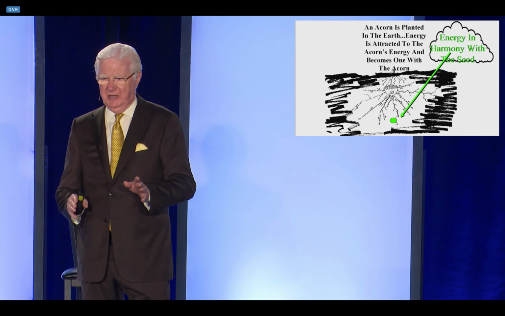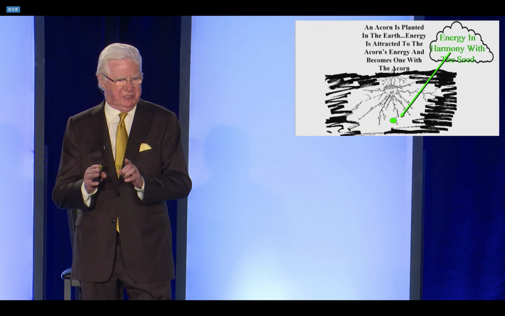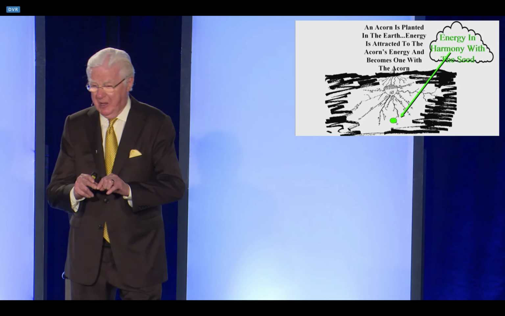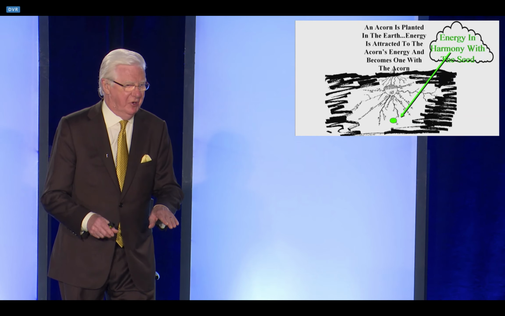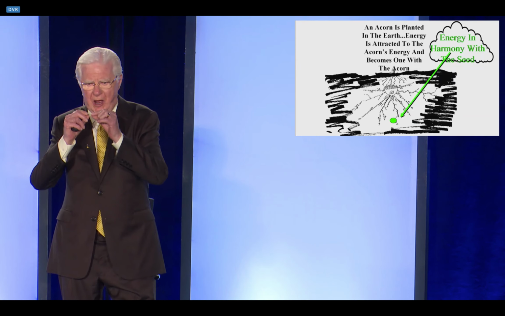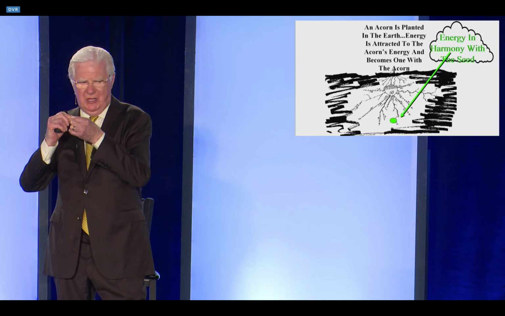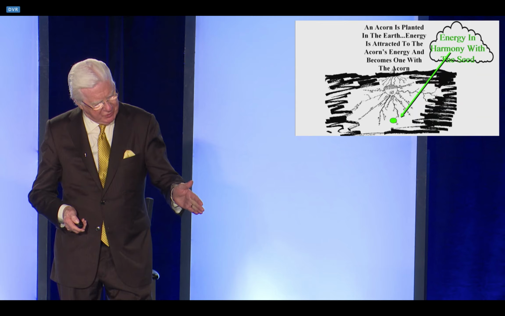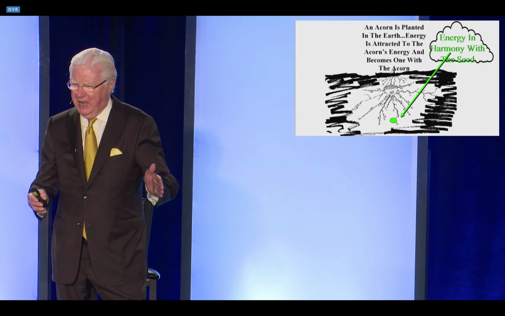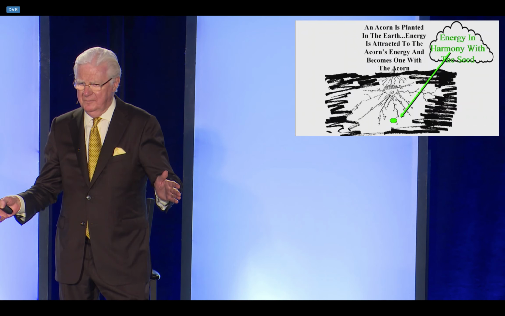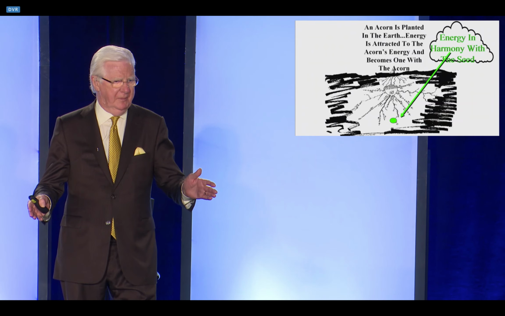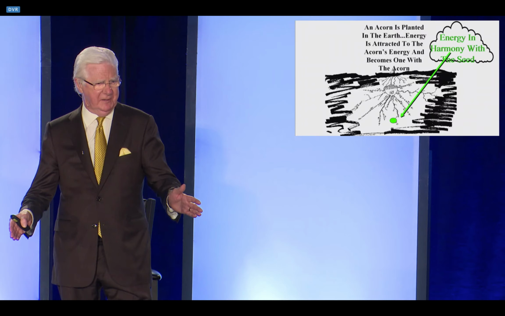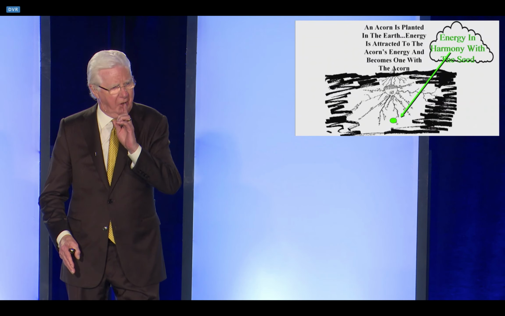You try and separate those into the same 2 little mass of molecules that you originally started with, the 2 drops. You're never going to do it. You can separate that 1 drop back into 2 drops, but it will not be the same 2 drops. Those drops of water come together, they're in resonance, they're in harmony, so they become one with each other. When that particle of energy comes one with the acorn, it does the only thing it can do, it expands. We call that growth. Yet it can only grow into one thing, an oak tree. It cannot grow into a maple tree or a carrot.